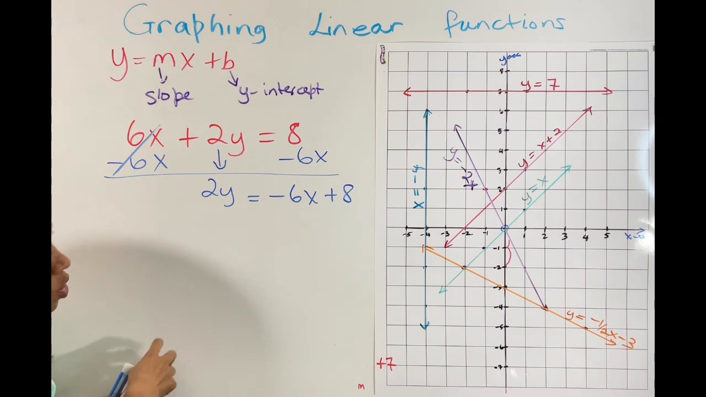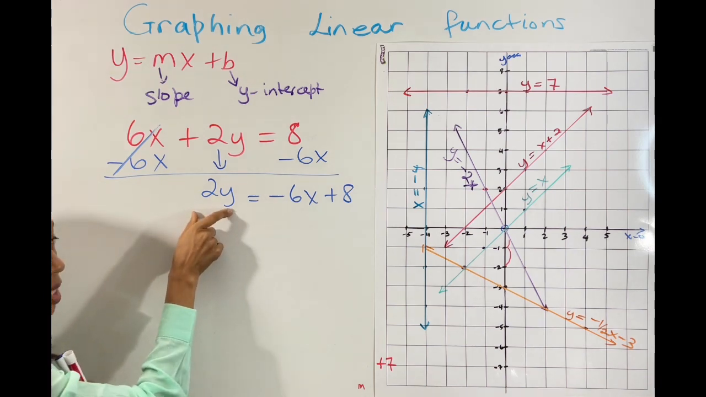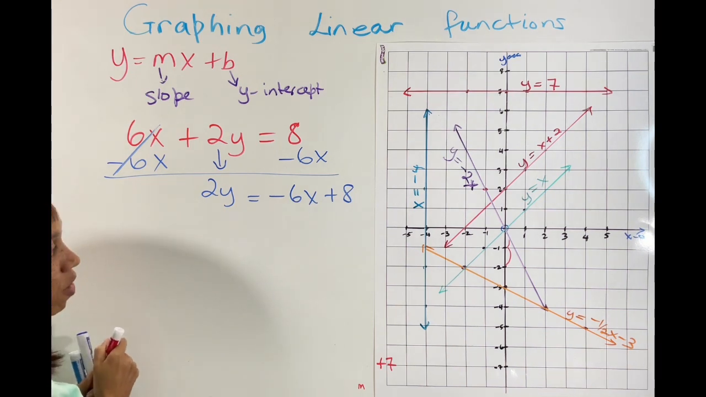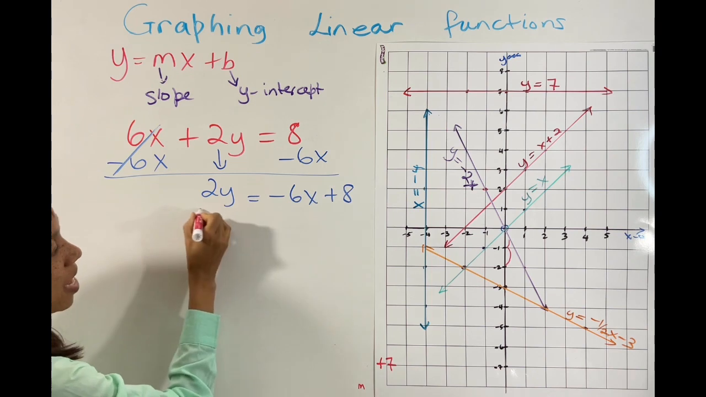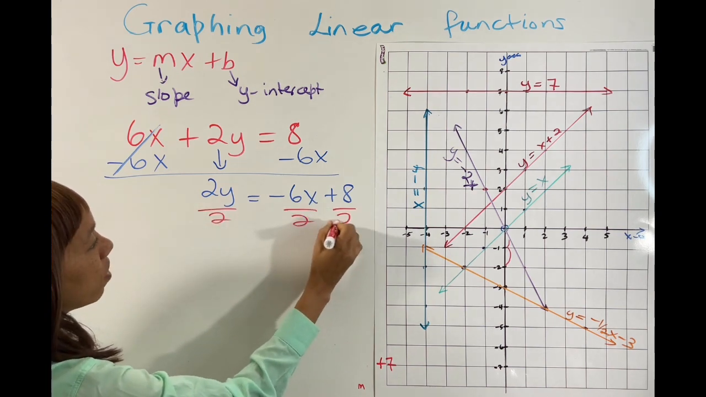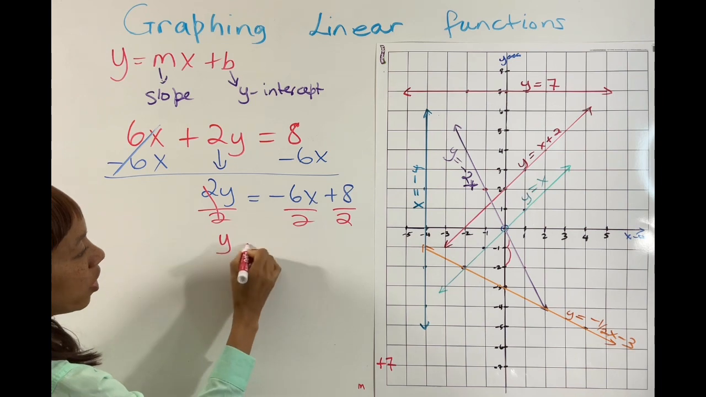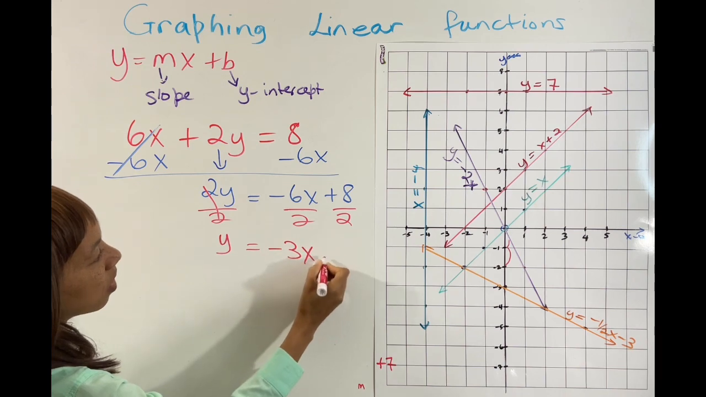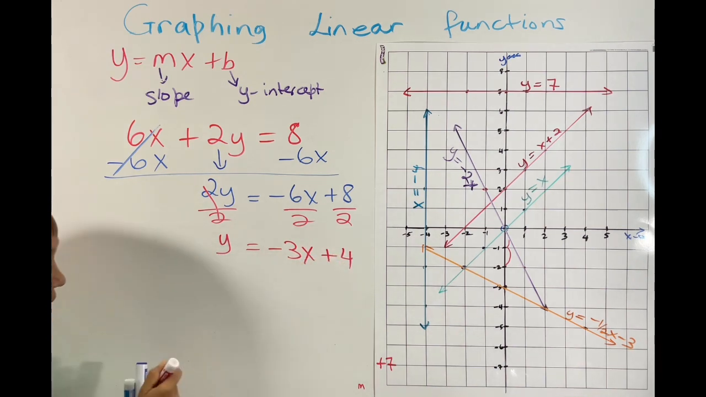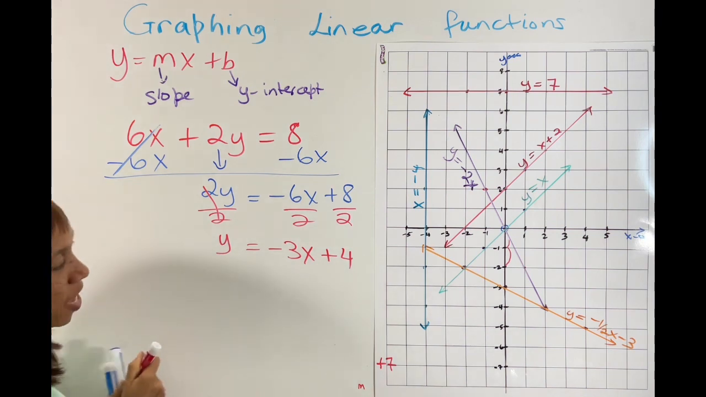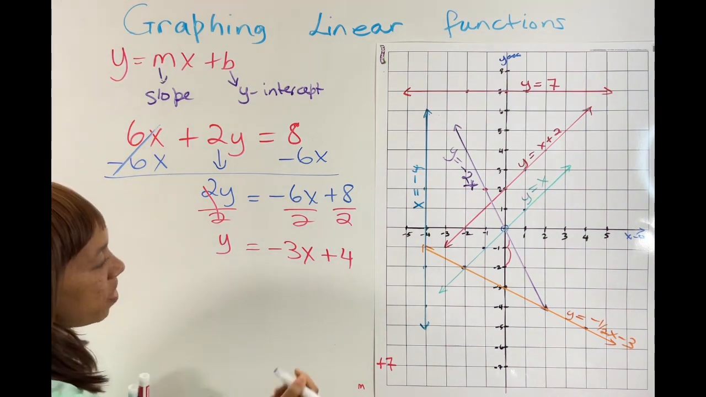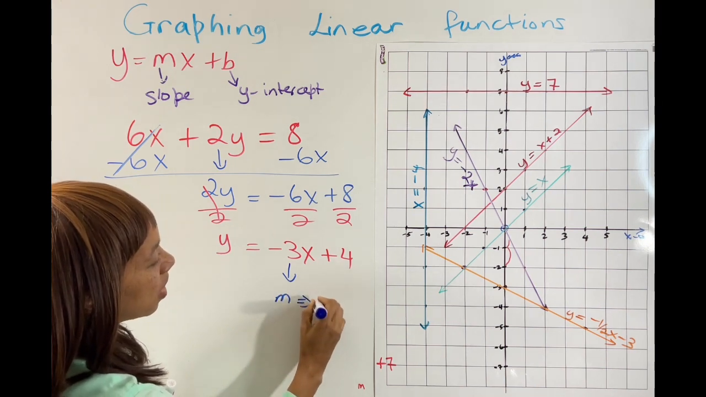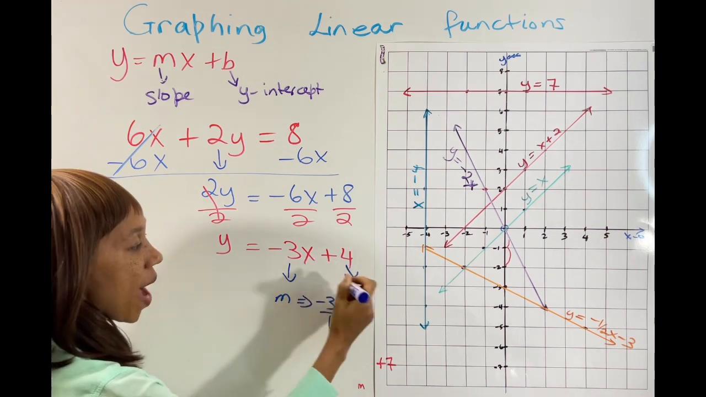And then you have to go another step because you have a 2 that is multiplying the y, and you need to solve for y equals mx plus b, so you have to get rid of that 2. The inverse of multiply is divide, and you are going to divide everything by 2. So once you divide every term by 2, you will end up with y equals -3x plus 4. Now you will be able to identify your slope and your b from this. Your slope is -3, which is simply -3 over 1, and your y-intercept is